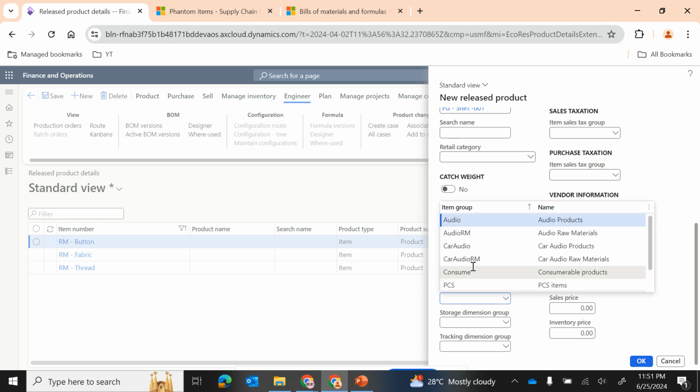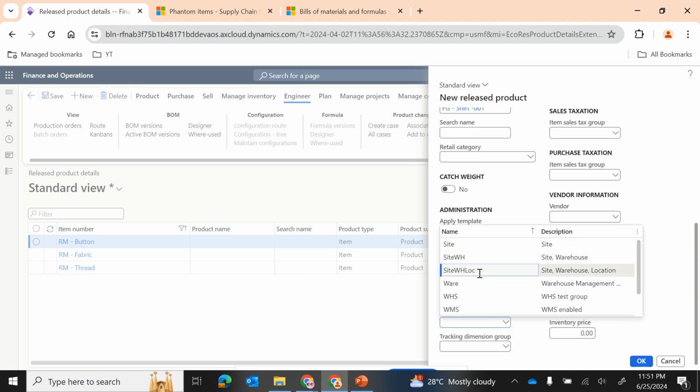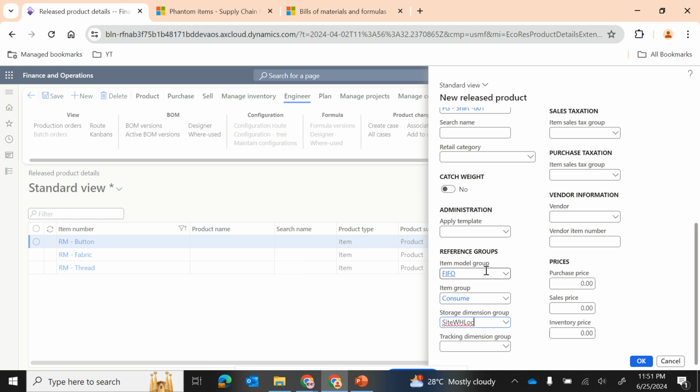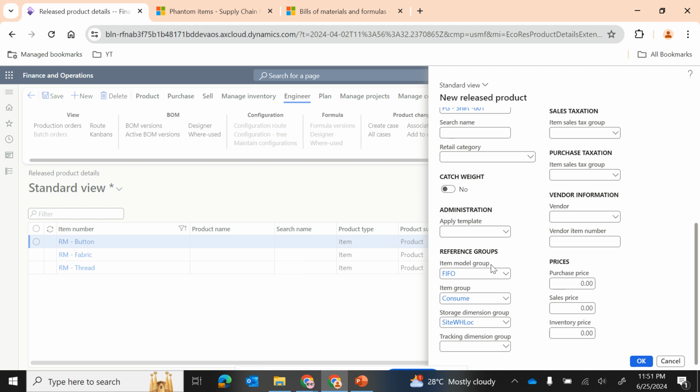You can also use the standard technique, but that is at the item model group level. You need to decide what strategies you are going to follow. But in this video, we are primarily focusing on the production order process execution. That's why I'm not getting into the item model group, because the item model group actually defines the costing technique